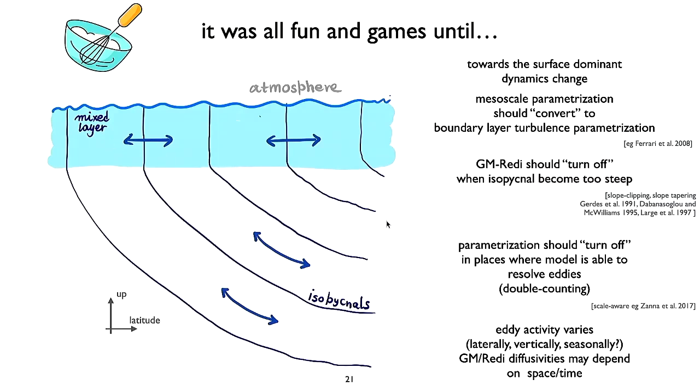Other problems could be, if we start increasing the resolution of the ocean and we also have the parametrization, isn't it a little bit like double counting? Yes, it is. Or, some mesoscale eddies are bigger closer to the tropics and smaller closer to the poles. So if we are at this intermediate resolution, we need to have this turned off in the tropics and turned on at the poles. There's all sorts of things like that, okay? But that's the best we can do, and that's what we're doing now.